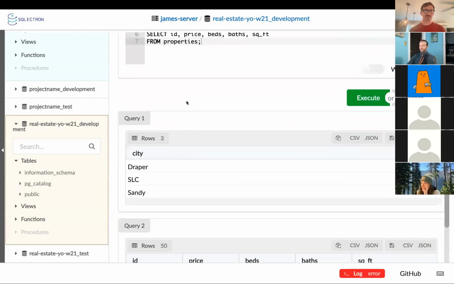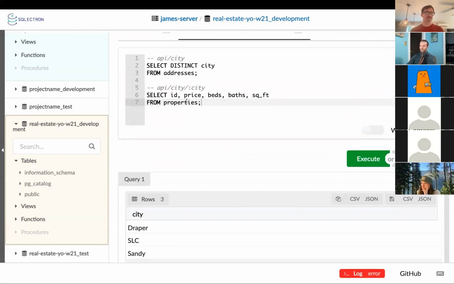So let's grab the city information. So I'm going to do an inner join. Sorry, this goes after from properties. So we're going to do an inner join on addresses because that has the city information. Let's call this as a. So we're going to join on our